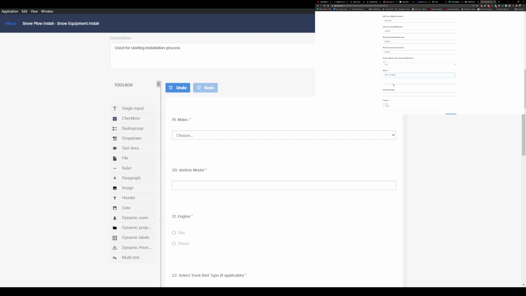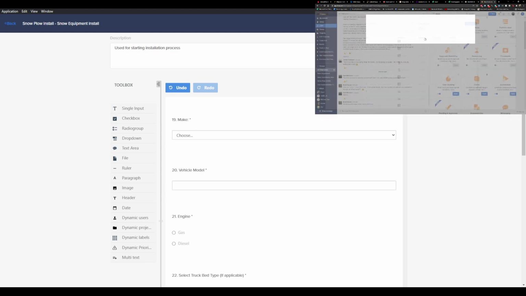So if it was like, say, a Mitsubishi, you could type that in. I actually don't know any Mitsubishi cars that you would want to put a spreader on, so we're just gonna go with a Ford F-250 gas, and we're gonna go ahead and submit this, and we'll look at how the details that we filled out populated